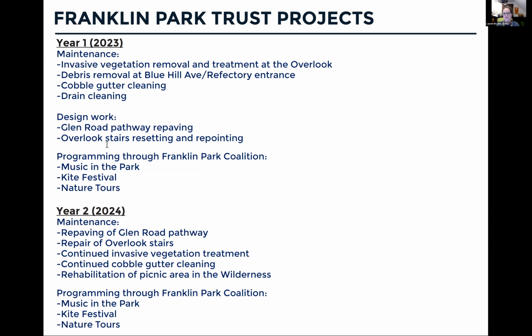Everybody that was involved in that process knows that there were a lot of recommendations, and obviously we can't do it all at one time, but we've been working on multiple different items. And if you recall from the action plan, there are several different ways work is going to be progressing. Some of them are capital projects, some are happening through the Franklin Park Trust, and others are happening in-house as part of our maintenance projects. So we just wanted to give you a bit of an update.